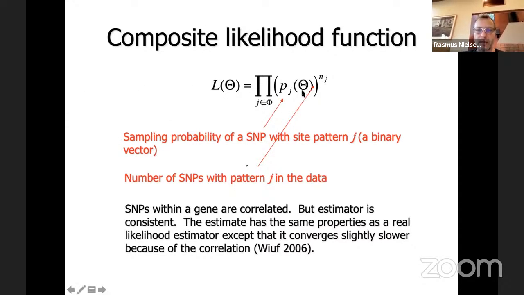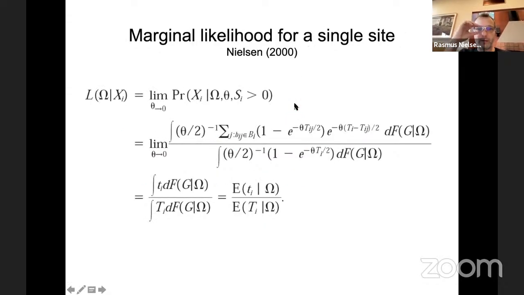How can you calculate these site probabilities? Well, in general, you can calculate it as the expected time in the tree in which a mutation will induce the observed site pattern, divided by the expected total tree length. And that's relatively easy to prove if you assume mutation according to a Poisson process, and then take the limit as the mutation rate goes to 0,